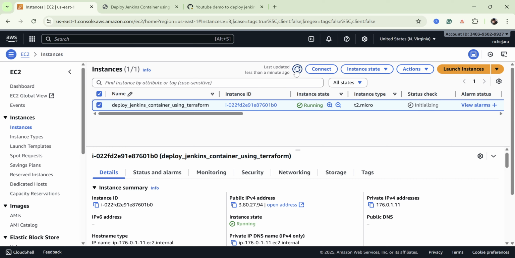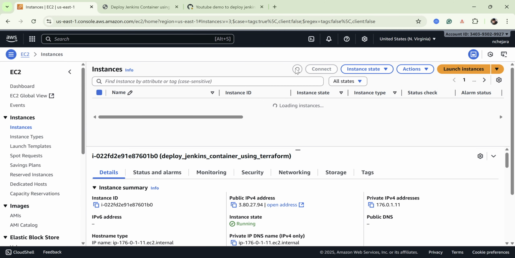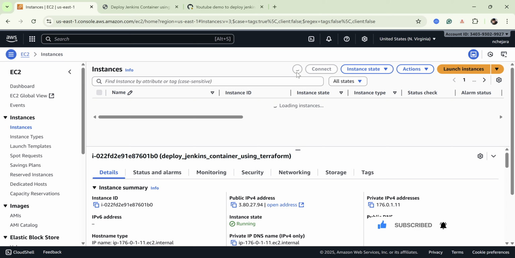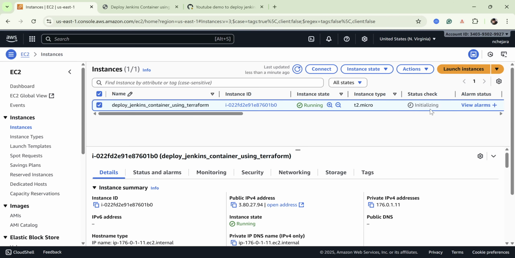Okay, so it is still in initializing mode. Generally, if you are launching a Linux machine on AWS, it will take 2 to 3 minutes to get the machine ready. It will be much faster compared to Windows machines. A Windows machine technically takes more than 8 minutes or less than 10 minutes to get ready. But Linux will be super fast. So now, it is still initializing,